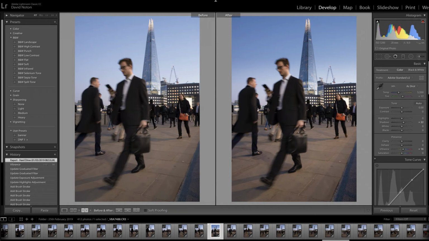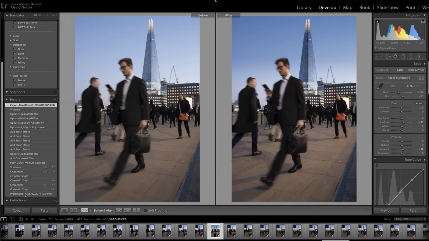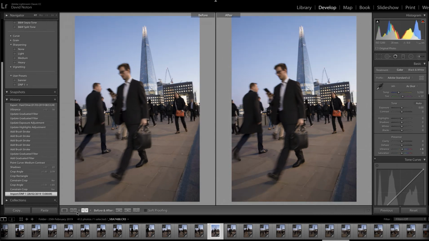On the left you can see the picture, the raw, straight out of the camera, and on the right the finished processed image. Not a great deal of difference, I'm sure you'll agree, but not every picture has to be a triumph of processing skills. It's often the fine tweaks that are the most important. So let's just run through what I've done to this image here, and if I come back to import and go back to the